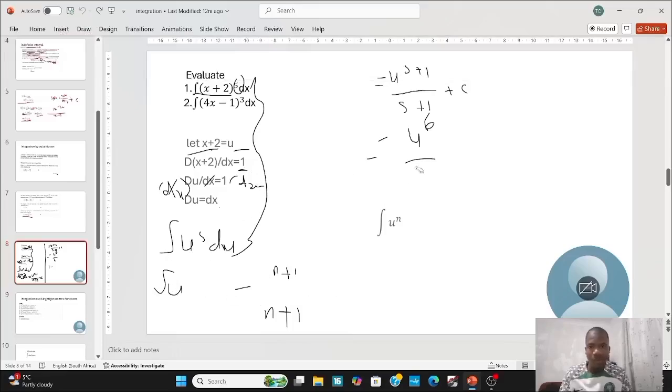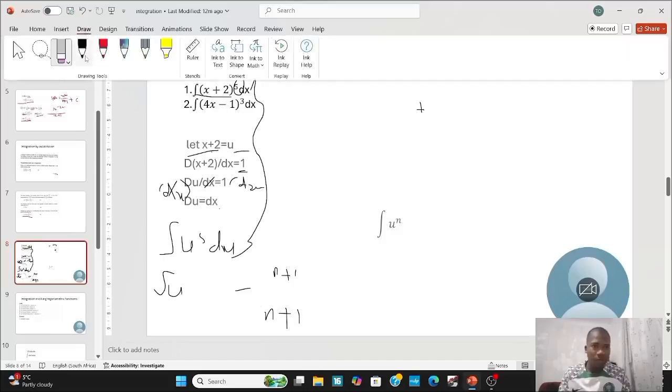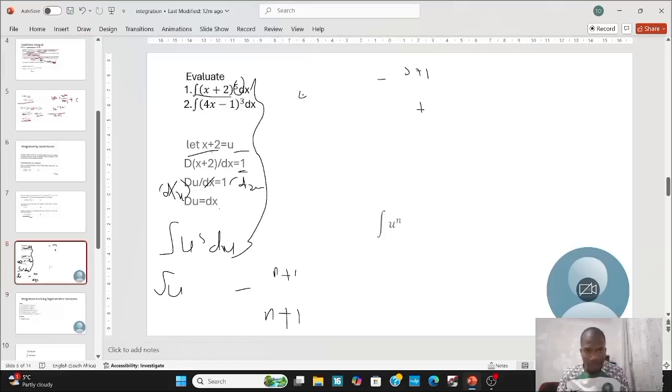Let us remove all that we have noted down. Okay, then we go again. Now we say let 4x minus 1 equal u, right? Then we say d to the power 4x minus 1 divided by